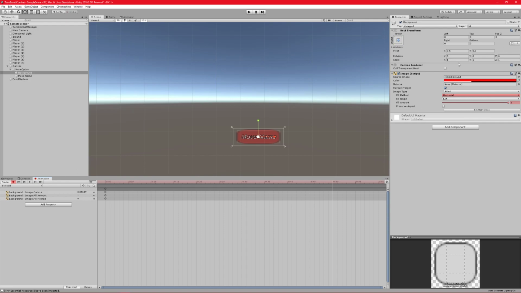We can change the scale to be that, and then here we'll change it to 1.1. Have the fill as full. Here we'll have it also be full, and here we'll have 0. So now if we play this,